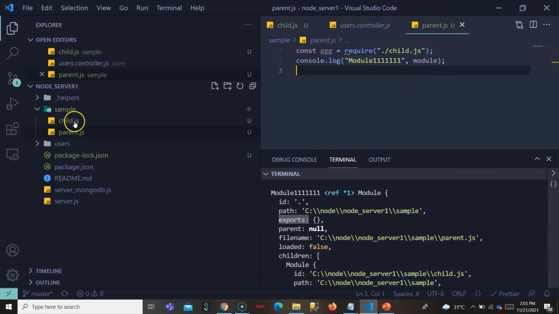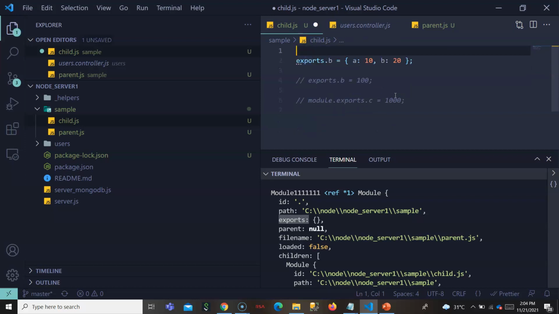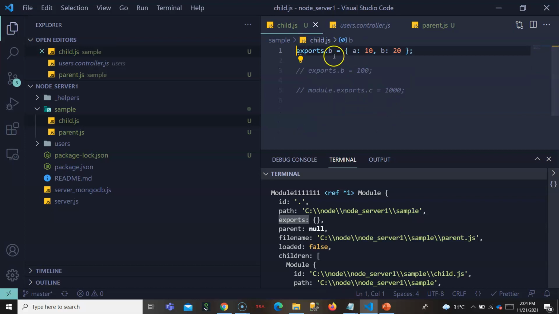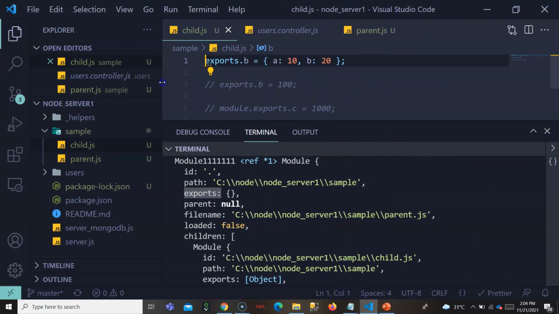Maybe I have a child and a parent. Let me add exports.b equal to 10, I am adding it to the child. This is a CommonJS module.